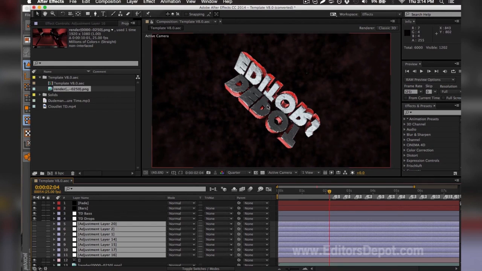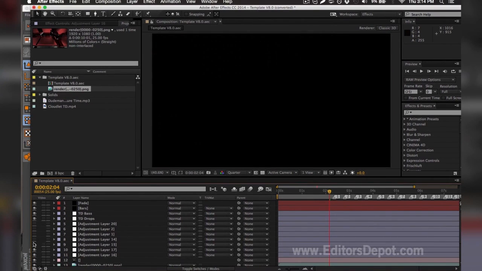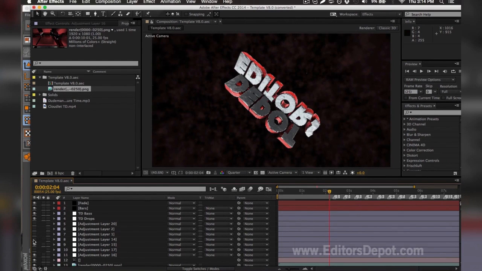As you can see here, of all the adjustment layers, one of them messed up the entire render, so I'm going to turn them on one by one. That one's fine, that one's fine. This one's the problem here. So you make sure you turn them back on